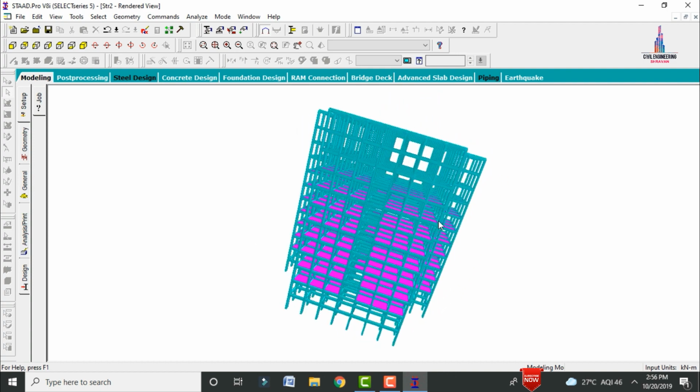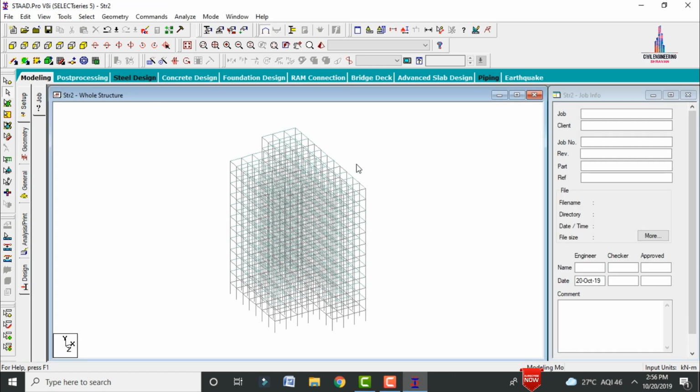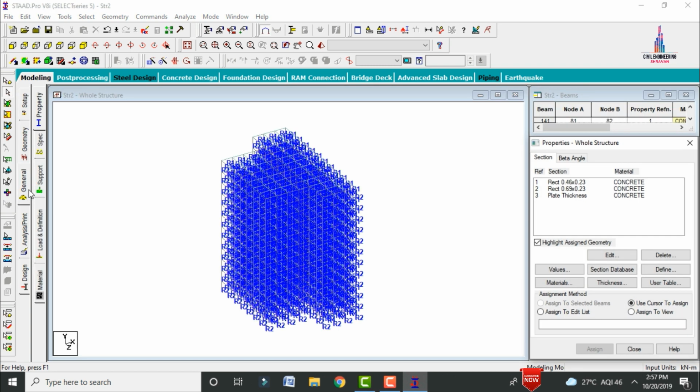After the modeling process is completed, for applying the properties we need to apply the load cases. This structure is basically an apartment structure. We have to consider the load cases related to the lateral load condition system and gravity loading condition system. So initially we need to define the load cases related to seismic action as well as wind load action.